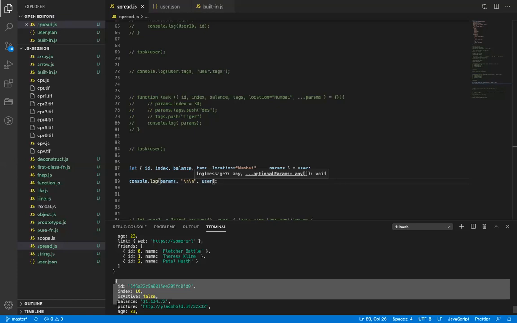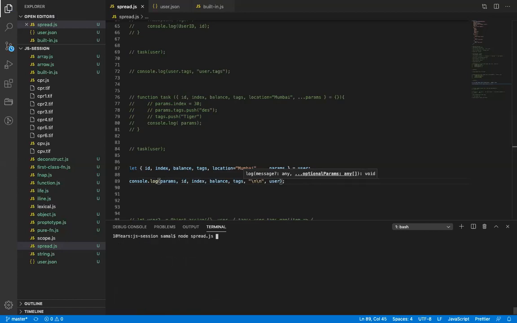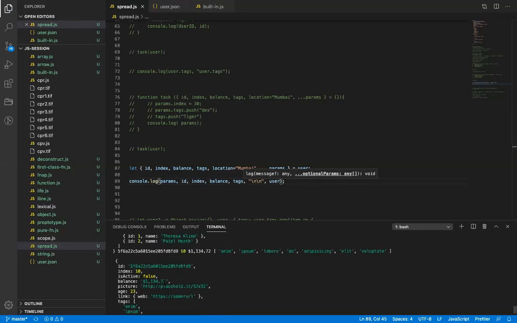So this helps us split the objects. So id, index, and balance are not included in params. Yes, those are now individual variables, the individual keys. And params will be separate.